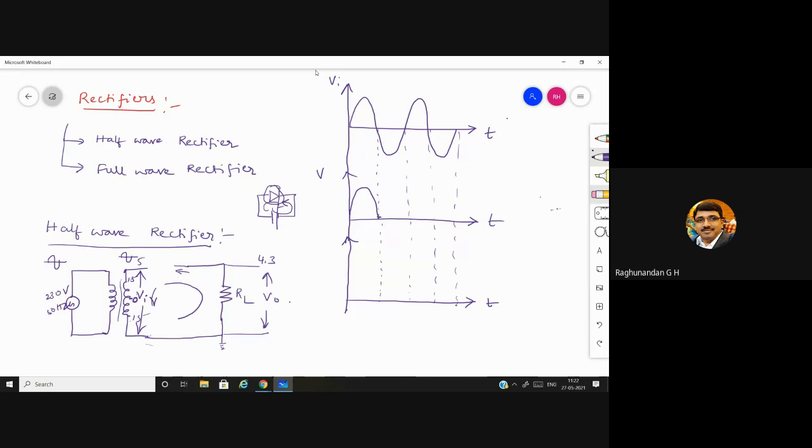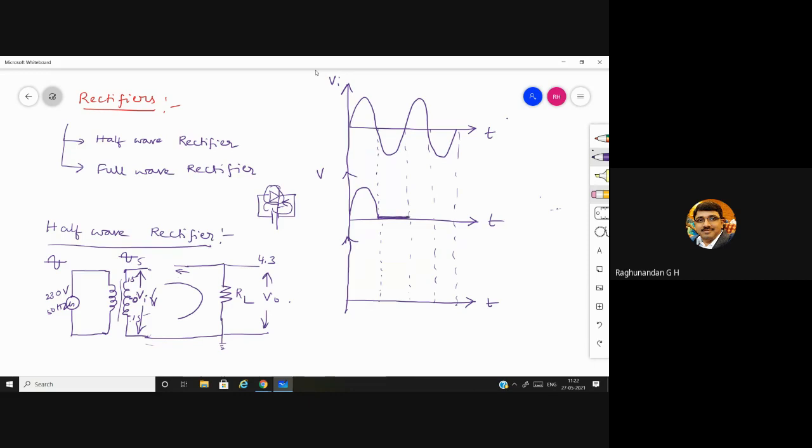Even though you may say the current is already flowing with RL, it is not like that. The current has to close the loop. It has to come back to the point where it starts and close that. But here the current is not allowed to pass to the other terminal. So that's why the current will not flow. So the output voltage will be 0.